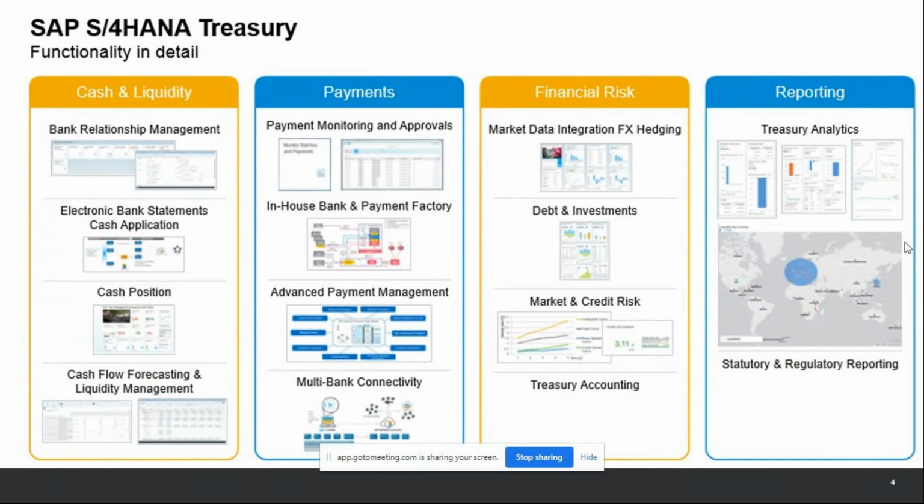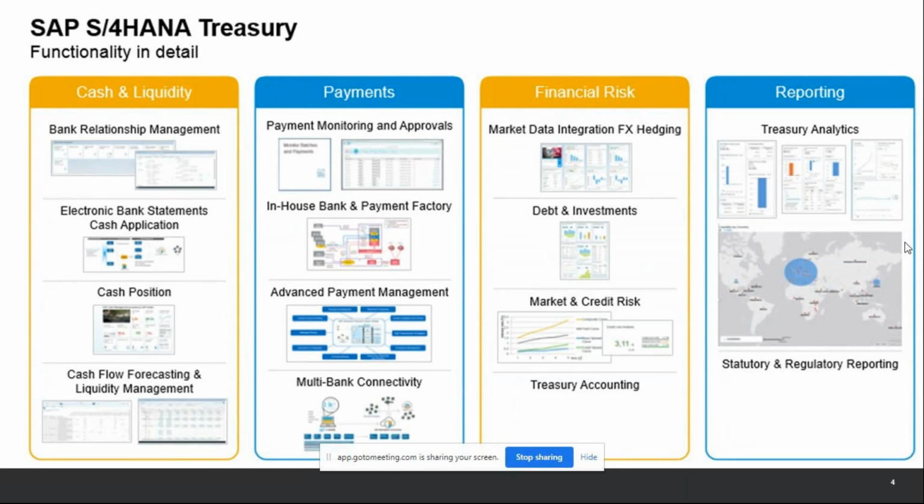So this is a snapshot of SAP S4HANA Treasury. Treasury has come a long way in SAP S4HANA. There are a lot of improvements, especially in the cash management module. There are new enhancements, new things coming up in Treasury, and SAP is trying to implement all of those to give the treasurer and the Treasury team the correct visibility, helping them to invest in the right way, and giving the company the much needed liquidity at the time it's needed.